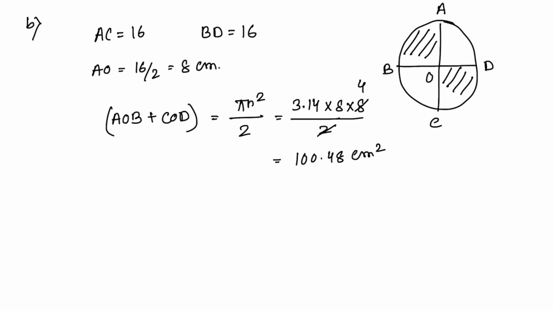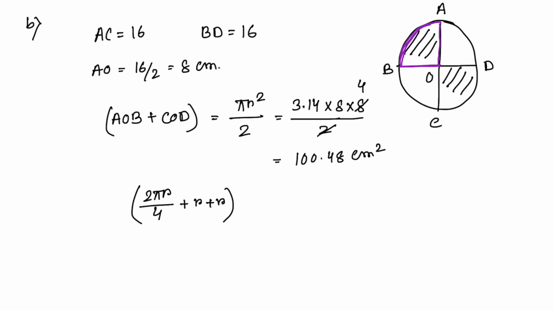And now the next one, you have to also find the perimeter. First you have to find the perimeter of this portion. Here AB means 1/4 of the circumference of the whole circle, and then you have to add AO and BO. So first you write the circumference, 2 pi r for the whole one, then divided by 4, then plus r, and again plus r.